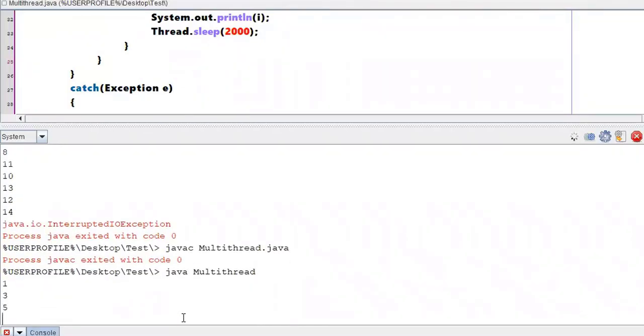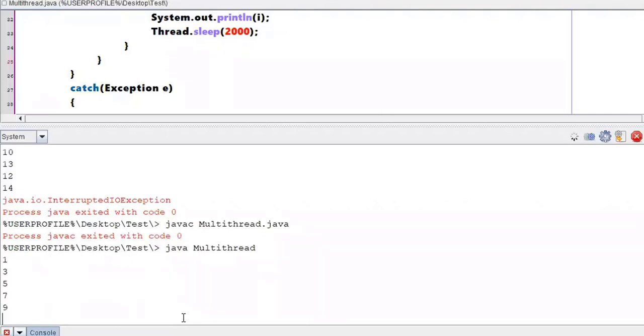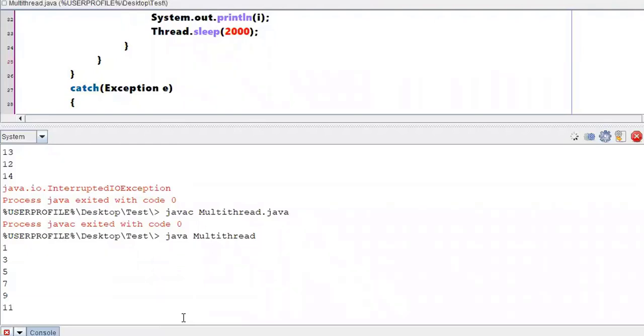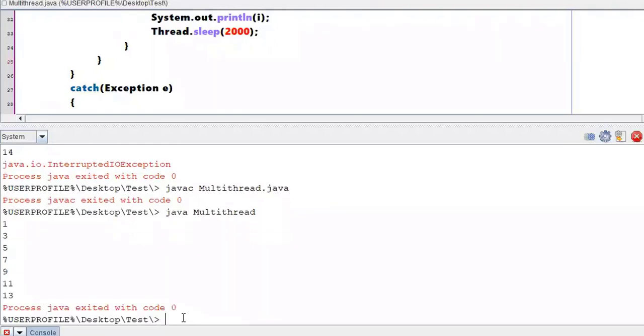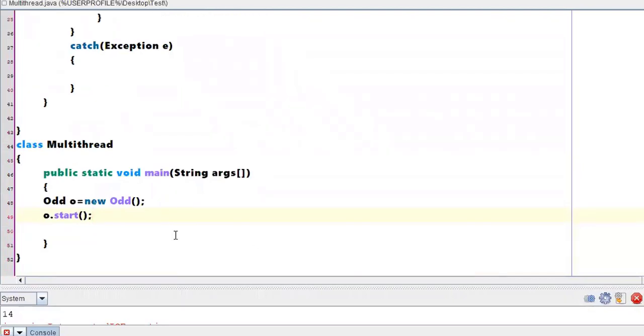Only odd numbers are printing, right? Because you have not created an object of Even, not started that particular thread under execution, you didn't allow that particular thread to execute, so only odd numbers are printing. You have given a limit till 15, so all the odd numbers have been printed, that means less than 15 you said. So till 14 all the odd numbers have been printed, so nothing has to be done with respect to that particular thread. The main method also has no other statements to be executed, so everything has been stopped,